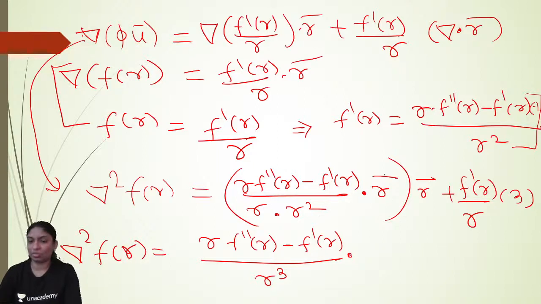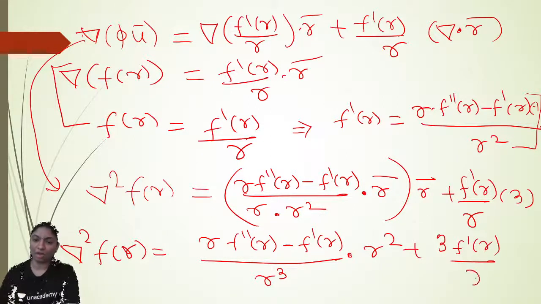dot product हम लोग associativity और dot product कर सकते हैं, तो यहाँ पे होगा r bar dot r bar, तो बन गया r square, right, plus f dash 3 into f dash of r upon r, तो ये r square और यहाँ का एक r cancel out हो गया, तो ये बन गया r into f double dash of r upon r minus f dash of r, तो ये हो गया del square of f of r,